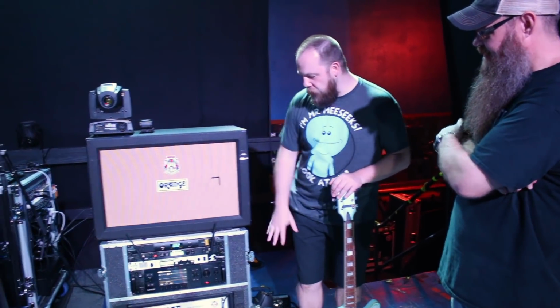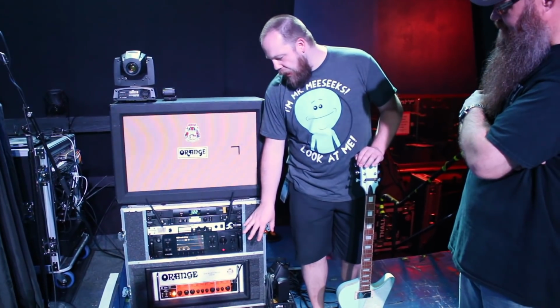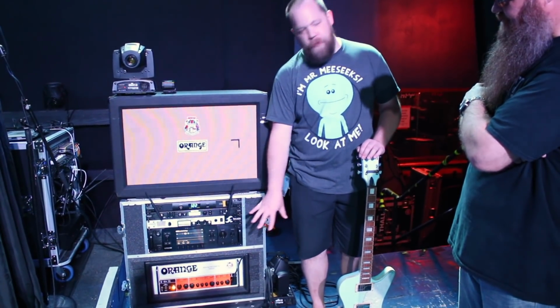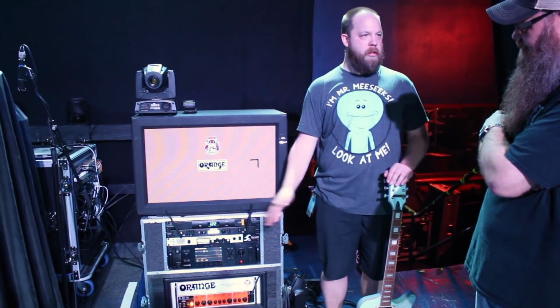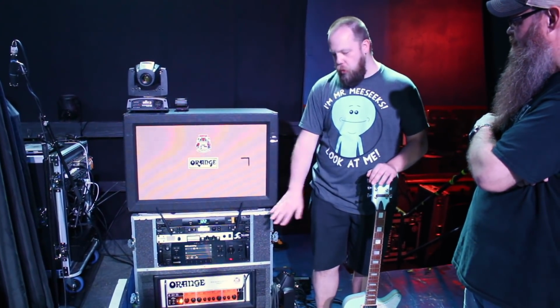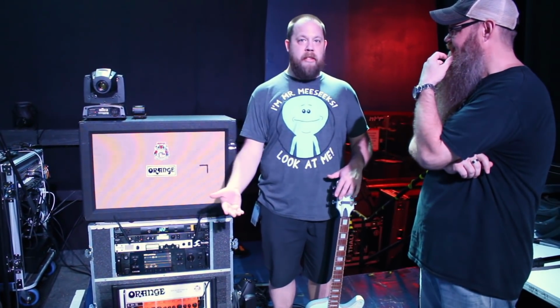Yeah. So I have it 4-cable method into the Orange, and I have a couple of different settings. Basically, they're all the same settings per song, and I bank up per song. So when I'm done with the song, I will bank up on the control and I will go to another patch. The other reason that I use the Helix over the Kemper or the Fractal is the Helix has, it